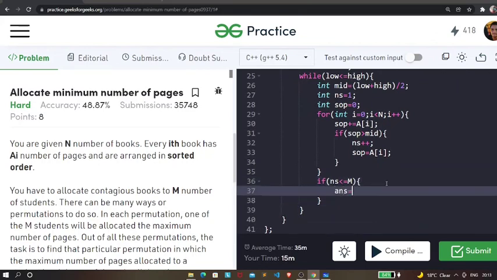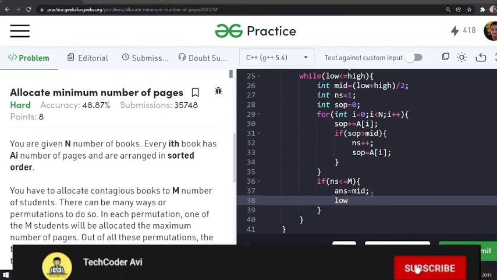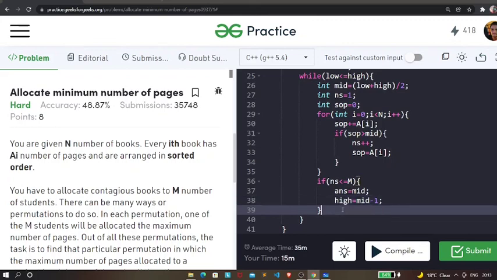Our answer is going to be mid, and then we need to update our high, because we need to find a minimum maximum. Hence we're going to update our high to mid minus 1.